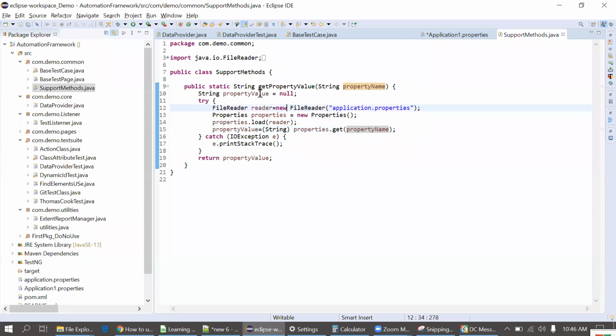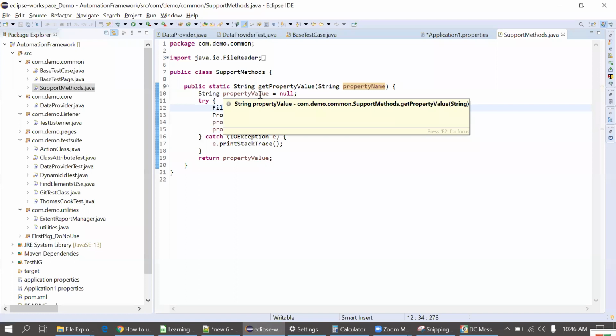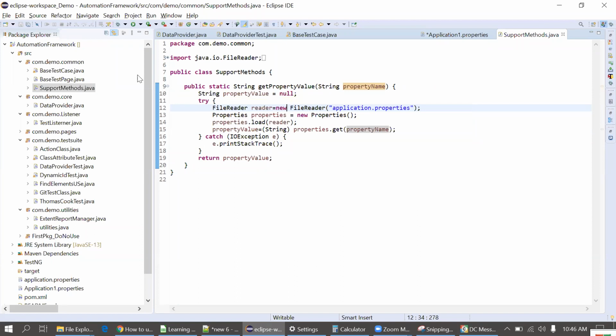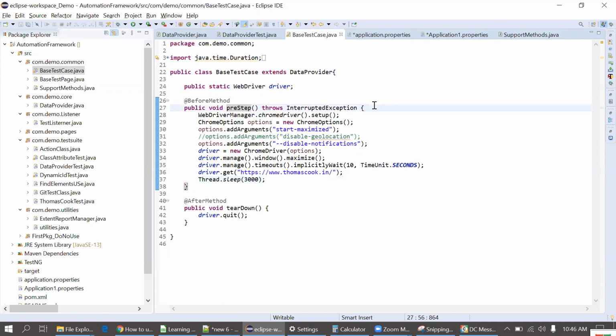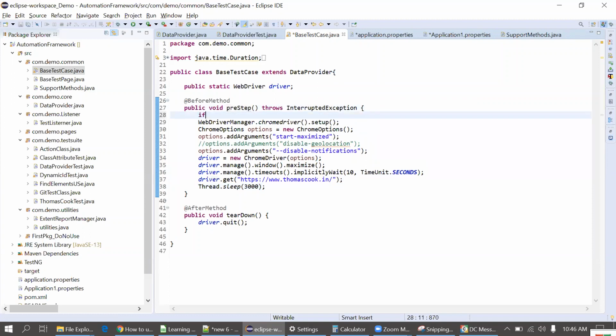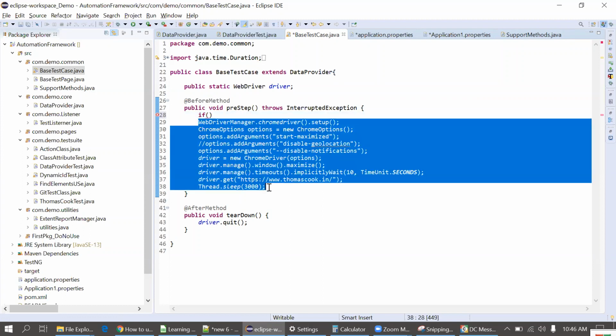Now I'll use this code in the test case. I'll drive this code based on these application properties. For example, now I'm using this for Chrome. I can use the same code for Firefox if I pass the Firefox value from the application.properties. Now see, I'm putting the code here. I'll put a condition, if. Now this code is for Chrome, right? So first I will put the condition for Chrome.